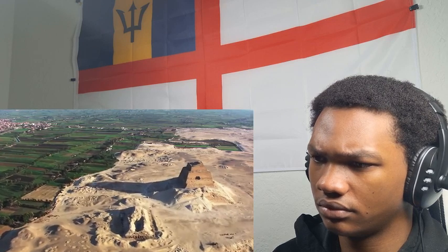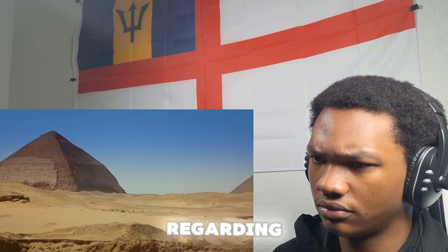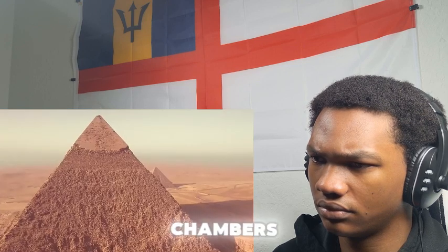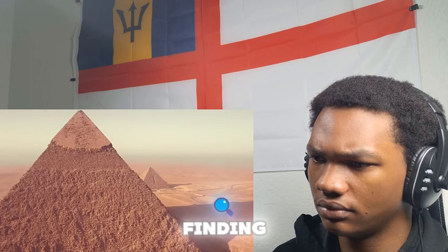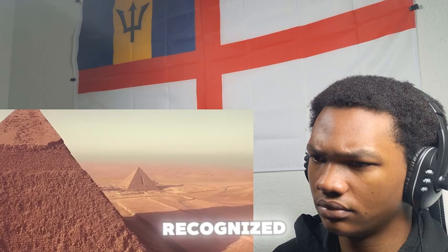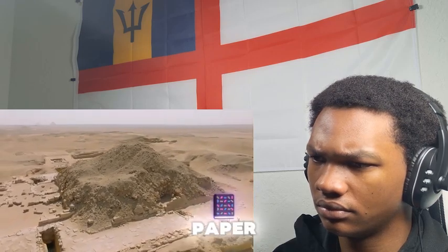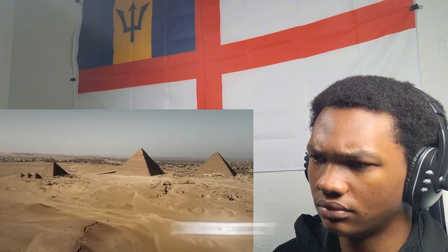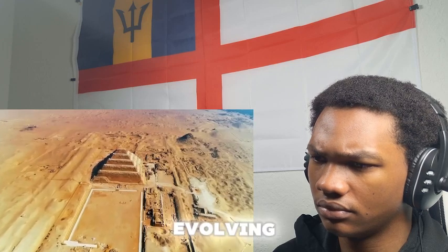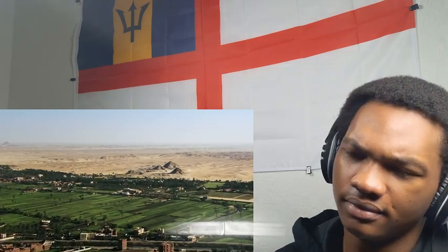End quote. Indeed, Stadelmann believed that the strongest section of his idea was regarding the pyramids from the 4th dynasty onwards, writing, quote, The 3 chambers are such a striking finding that it is truly surprising that this 3-room law has not been recognized long ago. End quote. My purpose for highlighting this paper is not simply to prove that Stadelmann is incorrect. Rather, it is to show how the pyramids are better understood as evolving rather than following a static and dogmatic formula. What is most astounding—